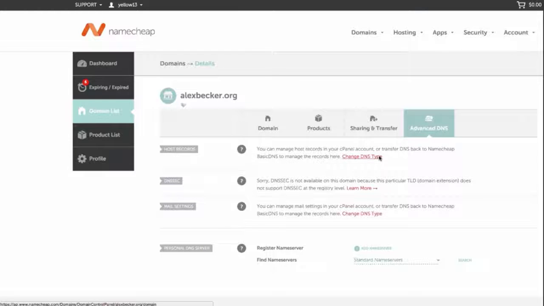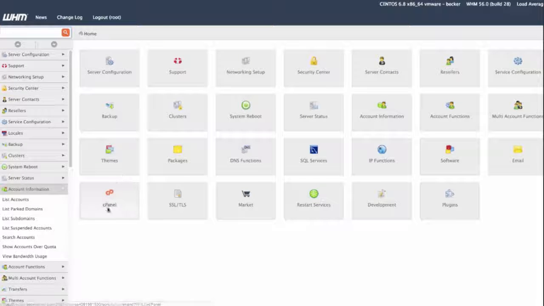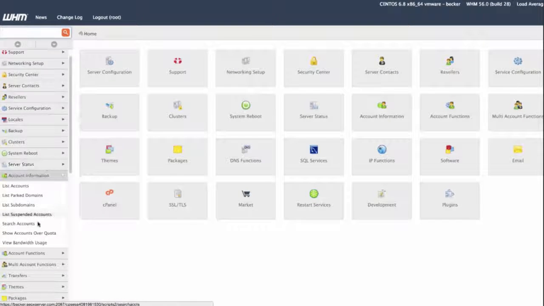So the first thing I'm going to do is do it in WHM, and then I'm going to do it in front of you in the cPanel. I'll also put the times below this video so you can just skip to whichever one you want to do. Okay, so if you're in your WHM, you have your own server, what you want to do is go